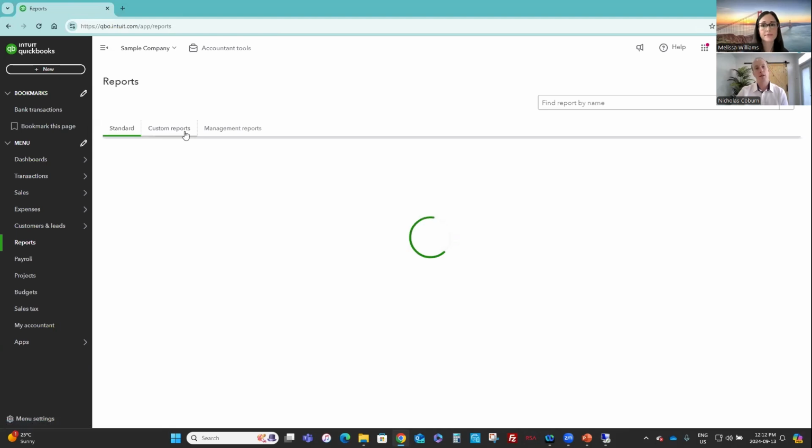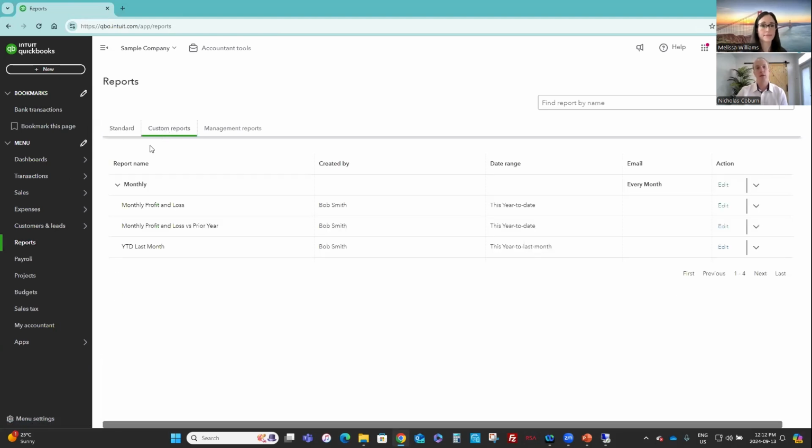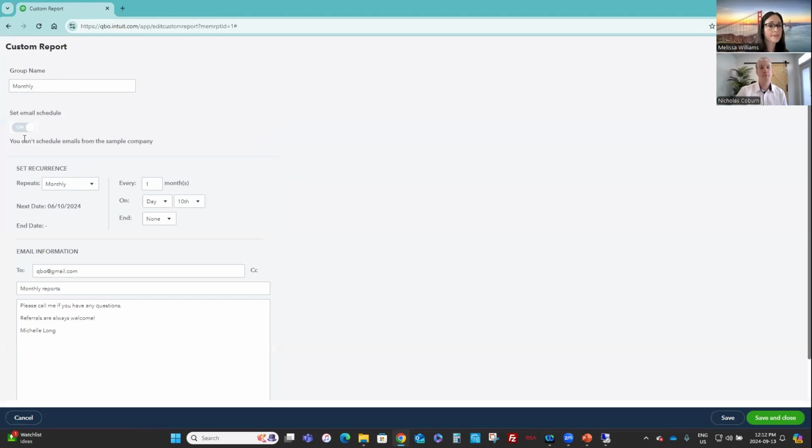It's as easy as going back and looking at reports. So this is standard, now you've got your custom, and you can see here are your custom reports, and this is the one that we just created. The other advantage of the custom is that you can actually set it up so that it emails. Wow. So you could set it up so that each month, on the 10th day, which gives you a little time to make sure things are up to date, because you wouldn't necessarily want to be emailing yourself.